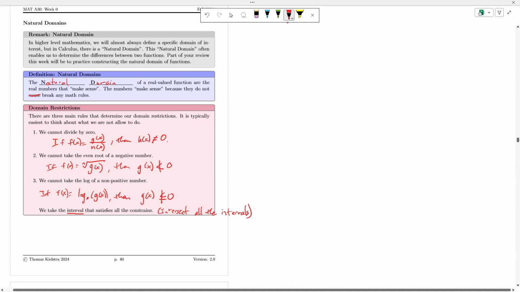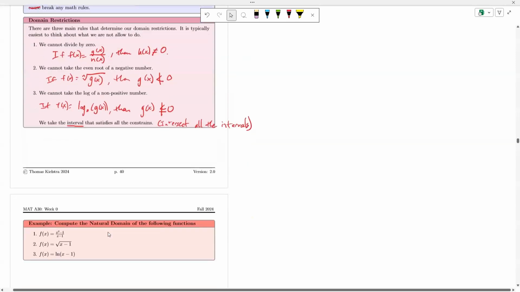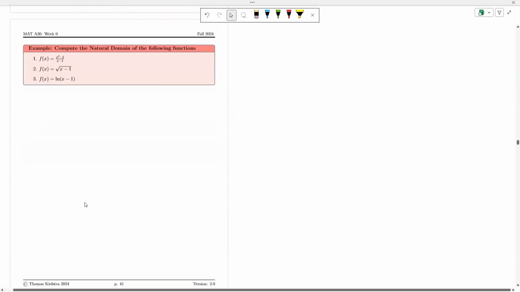Now, I highly encourage you, if you don't quite get the intersection of the intervals, there was a review we did earlier in one of the previous videos that goes over the intersections of intervals. We're now going to compute the natural domain of 3 of the following functions. Now, our first function,